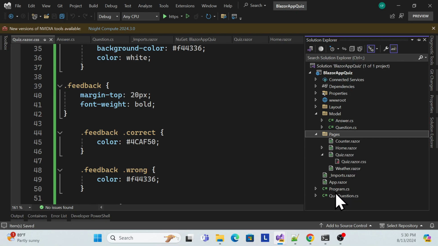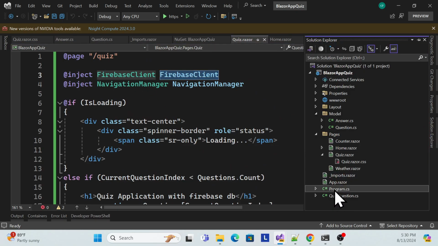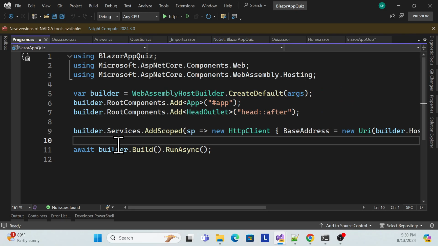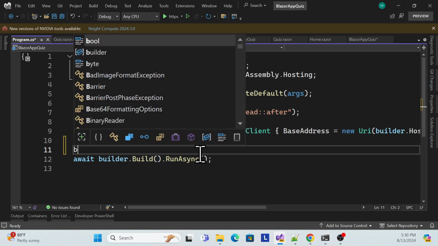I am injecting this Firebase client, right? But we have to register it as well. So how can we register it? Go to the program.cs file. Here we simply register that Firebase client, so that we can avoid doing it over here. So what I can do is simply use builder.services